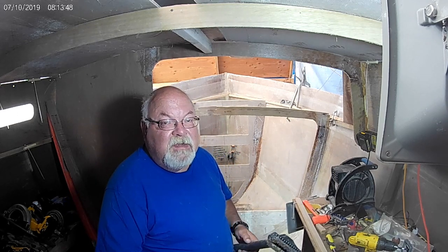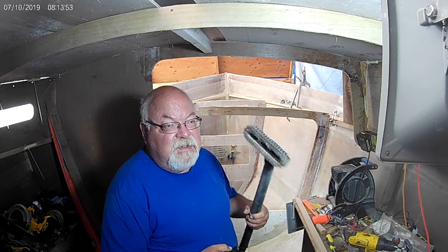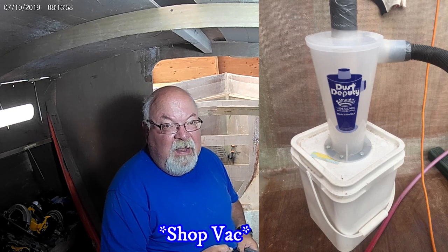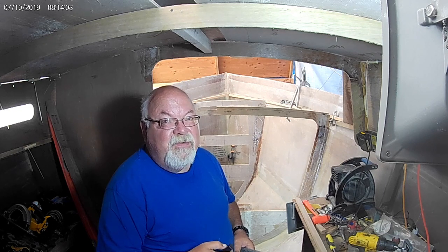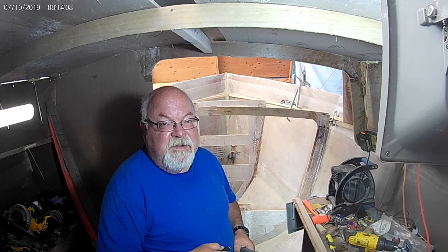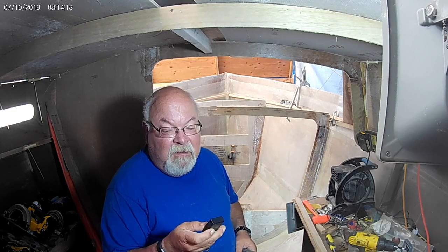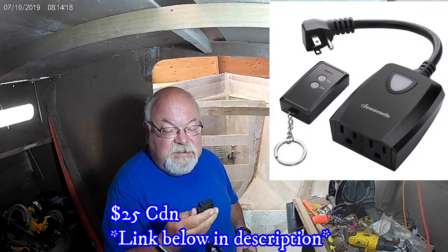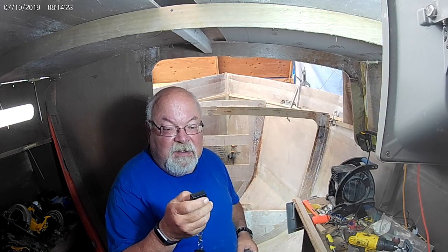I finally got around last week to installing my dust collection system hooked up to central vac, and had I set it up originally, I would have had to have gotten in and out of the boat each time to turn it on and turn it off. So while I was rooting around the internet looking for a remote solution, I actually found one on Amazon for 29 bucks, and there's a little plug hooked into the power strip, and it uses a little remote, and it works just like